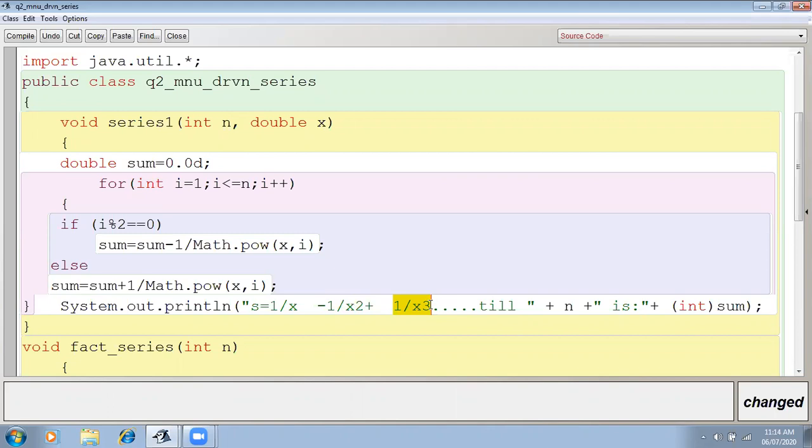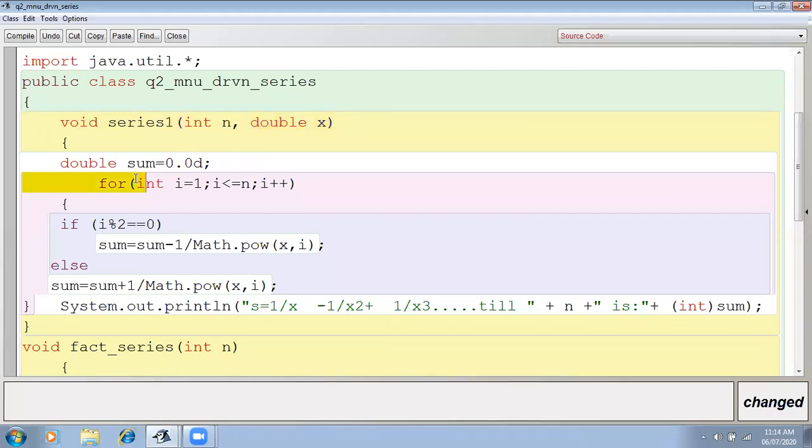That's why I'm taking x also as double, because 1 divided by, suppose, 2.0 will give me 0.5 and like that. Otherwise it will give me 0, however big the number I enter. That's why I have taken double here.